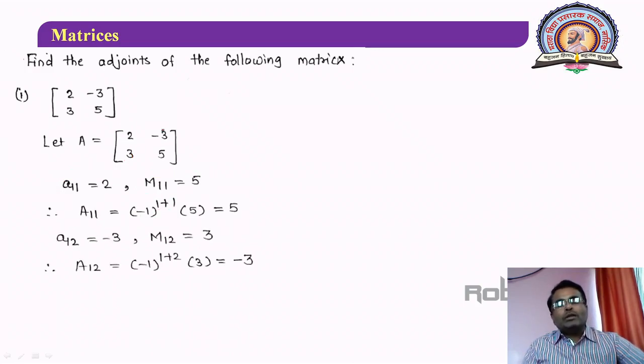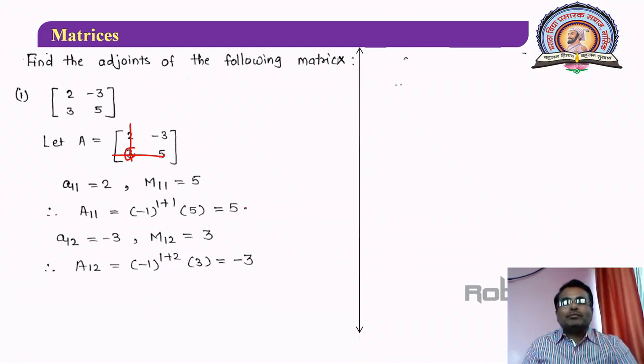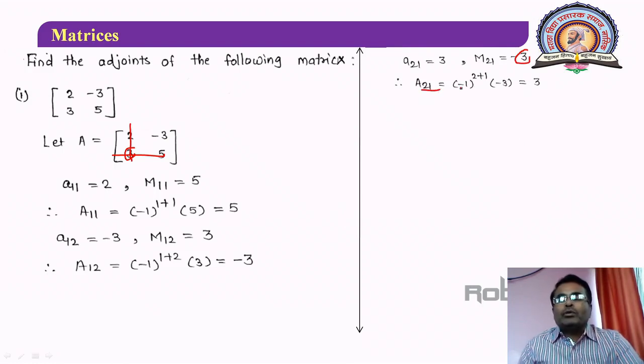Similarly, you can obtain it for the second element. For this element, the minor is obtained by deleting this row and this column, so 3 is your minor, and since 1 plus 2 is odd power, therefore we get minus 3 in place of 3. Odd power gives you a negative value. Similarly, for this element, you have to delete the second row and first column, so minus 3 will be your next minor. See here, isn't it? Minus 3 is your next minor, but for A21, when we are obtaining the cofactor, you have to consider minus 1 raised to 2 plus 1, that is minus 1 raised to odd, therefore minus of minus becomes plus.